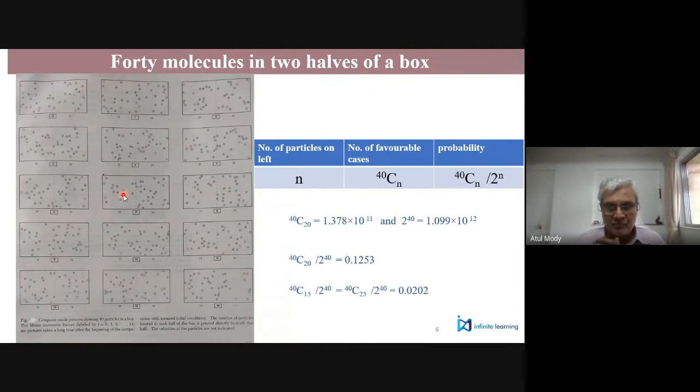So if you take, let's say, 2 raised to 40 possibilities, okay, hypothetically you say I take 2 raised to 40 boxes, each box representing one of the possibilities: 1 molecule on the left, 39 on the right, 2 on the left, 38 on the right. But when I say 1 on the left, there will be 40 possibilities because out of 40, any one could be on the left. So like that, you have so many. And now at random, if you choose any of these boxes, you will end up finding that 12.5% of the time you will get 20 on the left, 20 on the right.